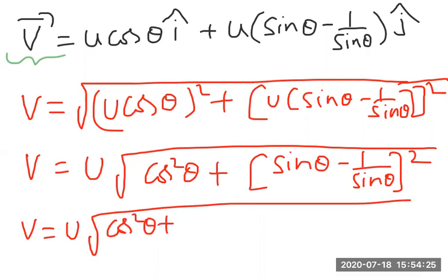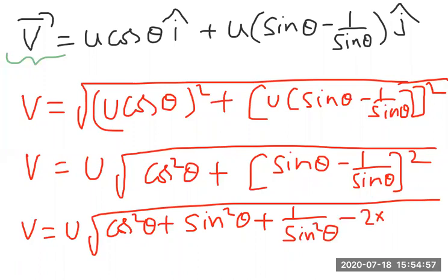What about this one? It is like the a minus b whole square formula. What is our formula? A minus b whole square means a square plus b square minus 2ab. So a square, that is sin square theta, plus b square, that is 1 by sin square theta, minus 2ab, that is 2 into sin theta into 1 by sin theta. So from this expression, sin theta cancels.